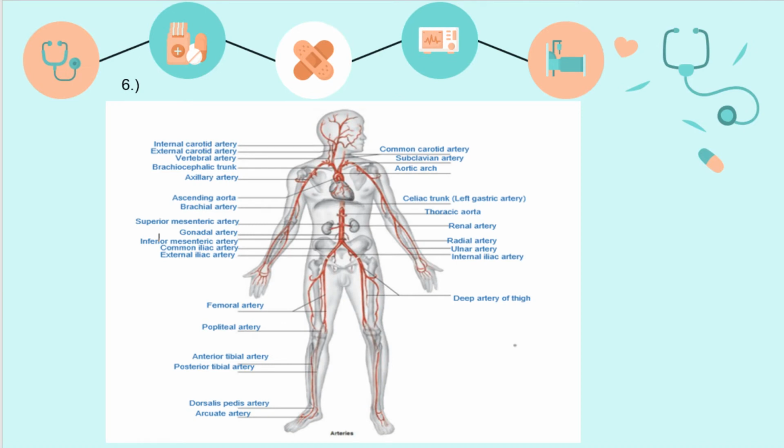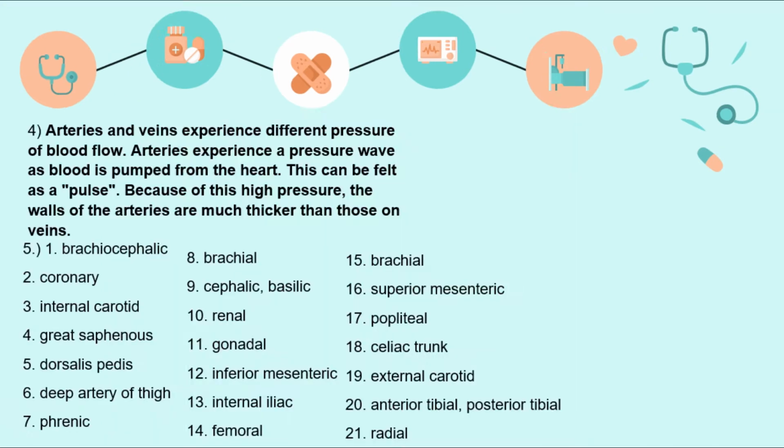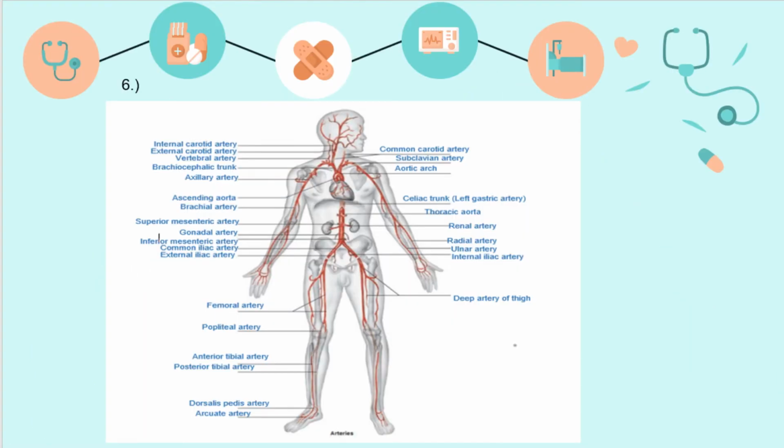Once again, I am Athesa Gonzaga and I'm going to tackle the different arteries and veins of a human body. So what are arteries? Basically, arteries are the blood vessels that deliver oxygen-rich blood from the heart to the tissues of the body. The arteries are as follows: internal carotid artery, external carotid artery, vertebral artery, brachiocephalic trunk, axillary artery,